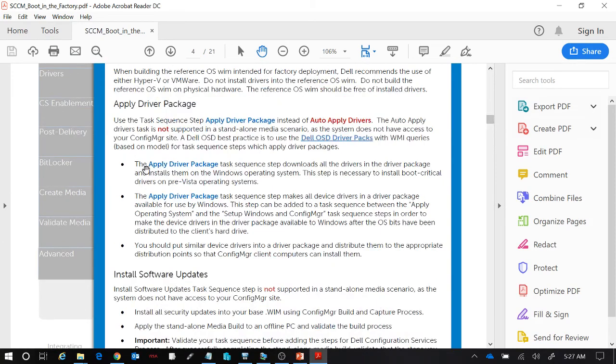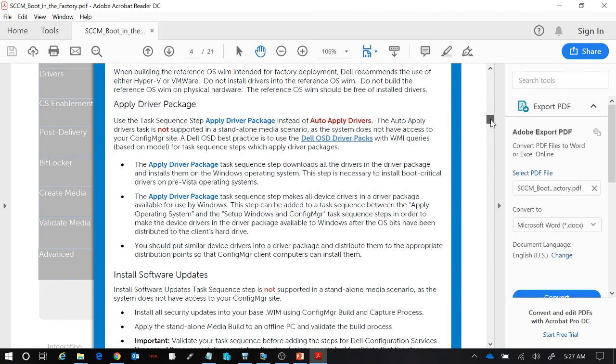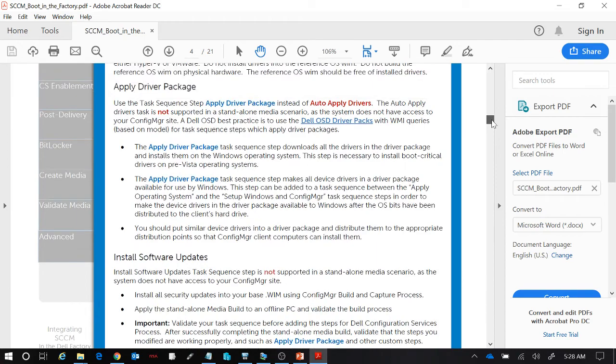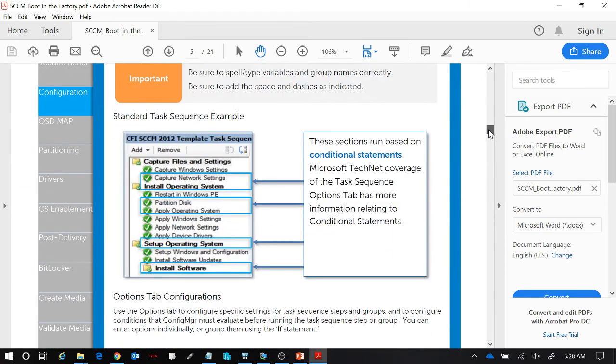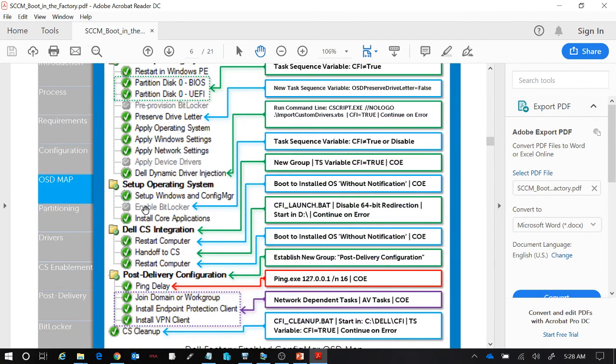Another thing too, don't use auto apply drivers. Use the apply driver step for your on-premise task sequence. But again, when you're doing the smoke test and when you do CFI submission, you can simply disable that step, because as long as you have the Dell dynamic driver injection included in your task sequence, you should be good. You shouldn't have to worry about that. So again, like here,